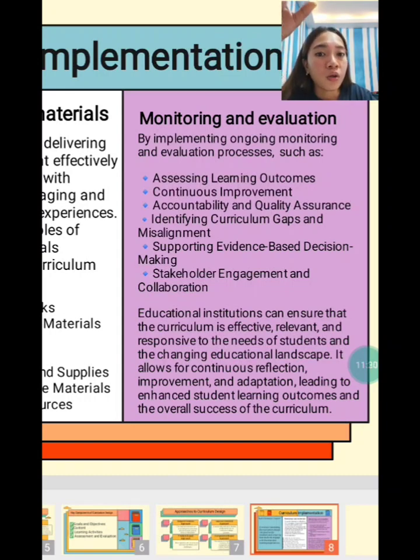It allows for continuous reflection, improvement and adaptation, leading to enhanced student learning outcomes and the overall success of the